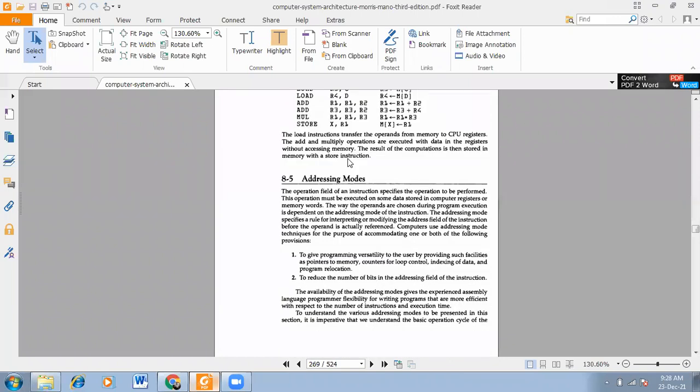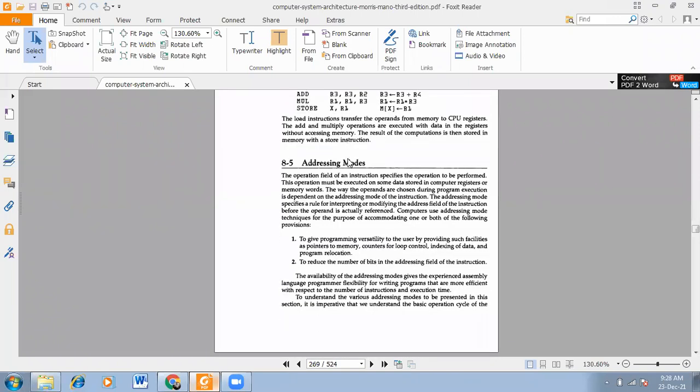Now the addressing mode, this is most important. Previously, we have seen there is direct, indirect addressing, isn't it? In our previous case, we have studied addressing modes. Different kinds of addressing modes are there. But till now you know direct and indirect. Besides these two, we are having many more addressing modes.